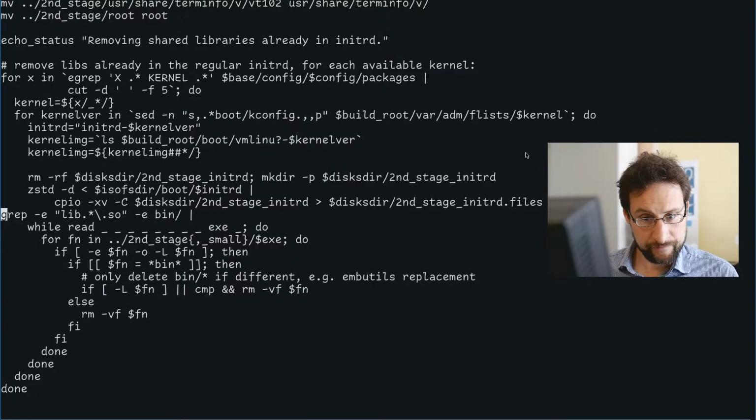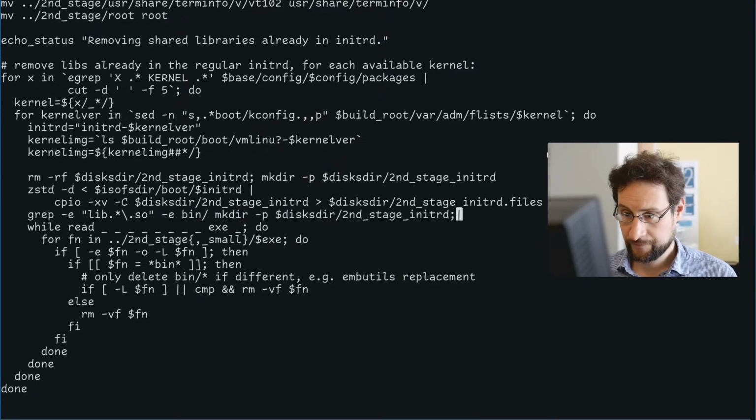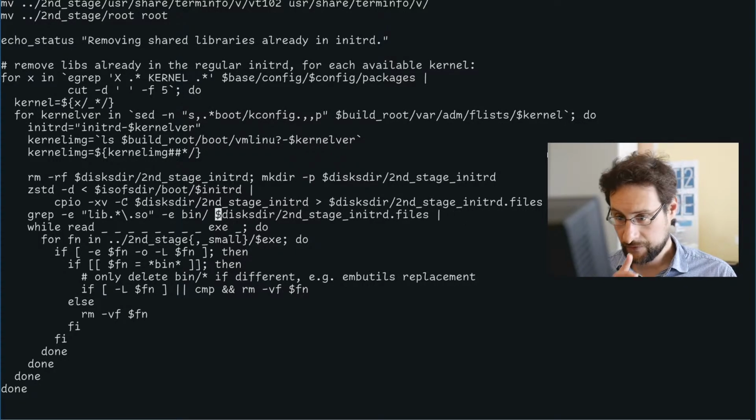Then, not to cause any new bugs, grab the same pattern in files. So, and then